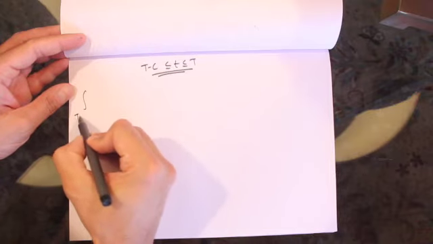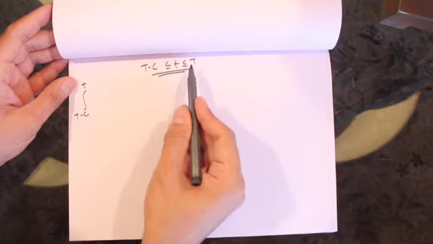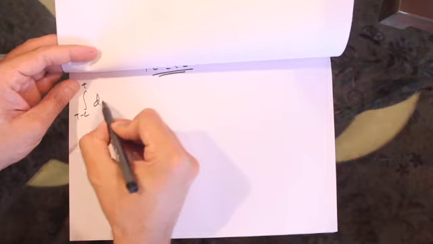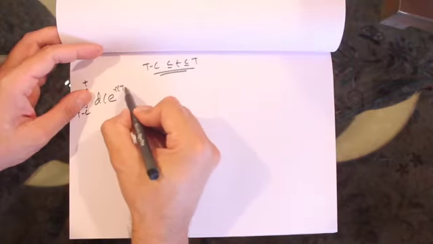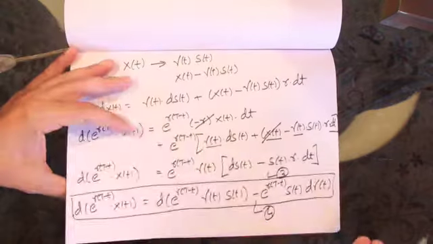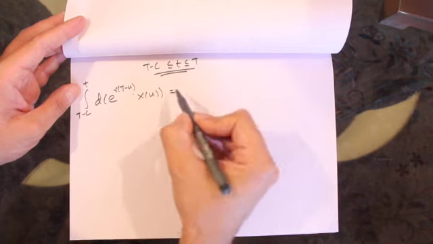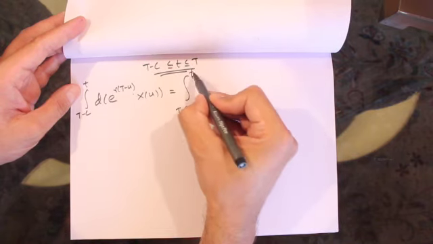This will go from T minus c to t, where t is between T minus c and capital T. Here we'll get the integral of d of e to the power of r (t minus u) times X of u,